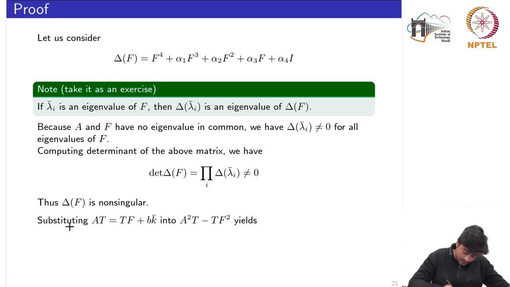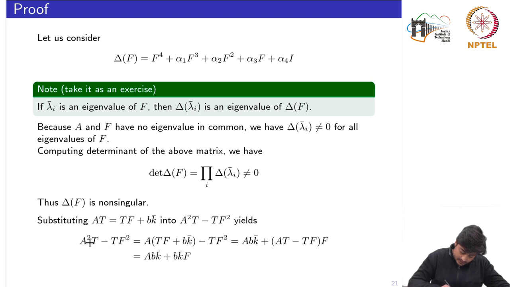Let's go further. Then we substitute, taking from the Lyapunov equation, AT is equal to TF plus BK bar, into another matrix which we are defining as A square T minus TF square. Okay, so this matrix we are defining, and we want to substitute the Lyapunov equation into this equation, which yields that A square T minus TF square is equal to,